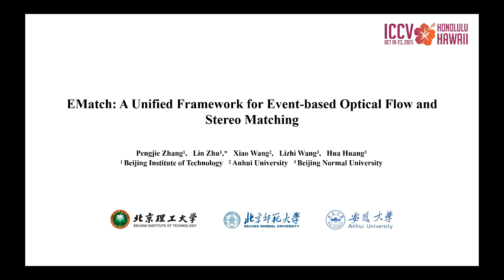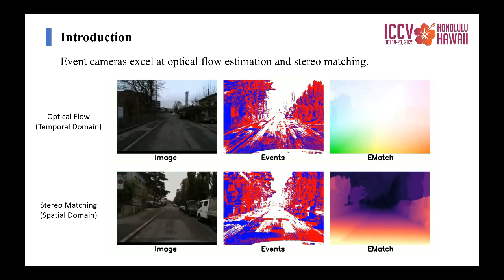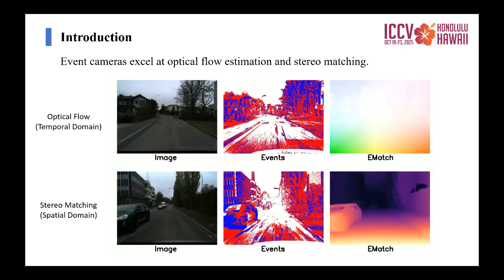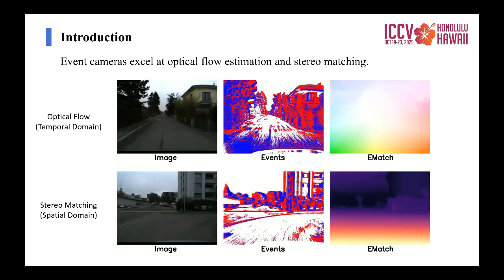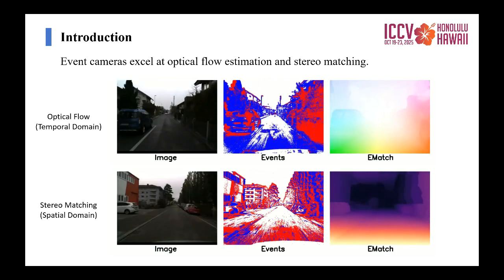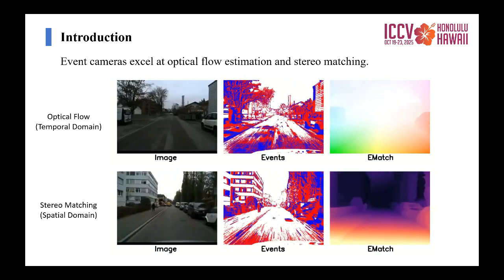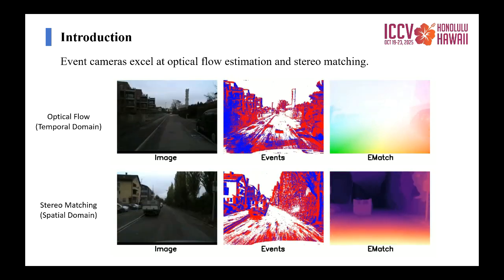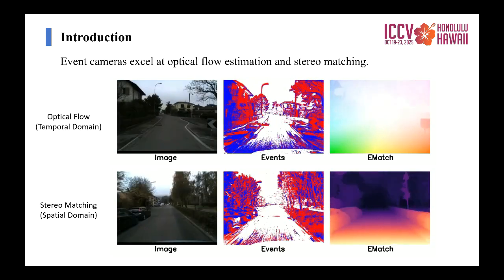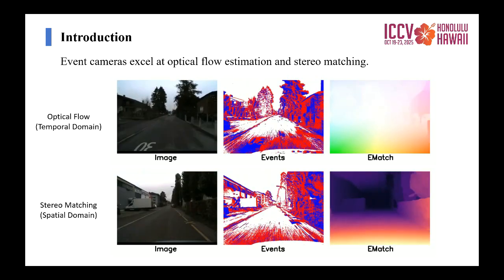Today I'm excited to introduce our work, EMatch, a unified framework for event-based optical flow and stereo matching. Event cameras are neuromorphic vision sensors that capture pixel-wise brightness changes asynchronously. Unlike traditional frame-based cameras, event sensors offer microsecond-level latency, high dynamic range, and low power consumption, making them ideal for high-speed and high-contrast scenarios. In 3D vision, event-based perception tasks can be roughly divided into two groups: temporal tasks like